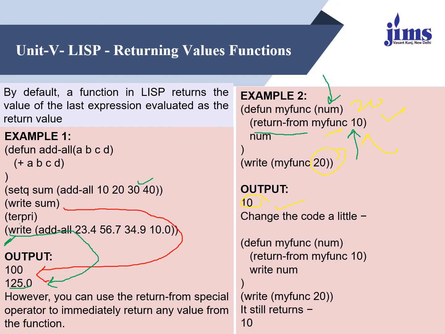So this is also one of the ways. Similarly, you can change the code also. You can say myfunc 10 write num. In spite of writing simply num, you can say write num also, and again you can call the function using write, and you see the value is 10 because this 20 is going to get overwritten inside the definition of the function. So this is also a very beautiful way to change a value as a return value from the function, because you can call a function inside a function definition also, which is the concept of recursion we'll be seeing in coming classes.